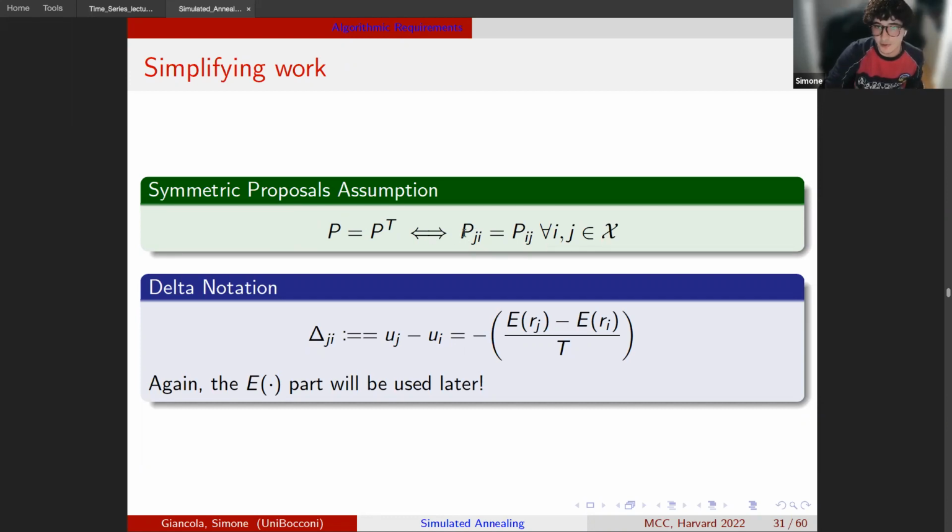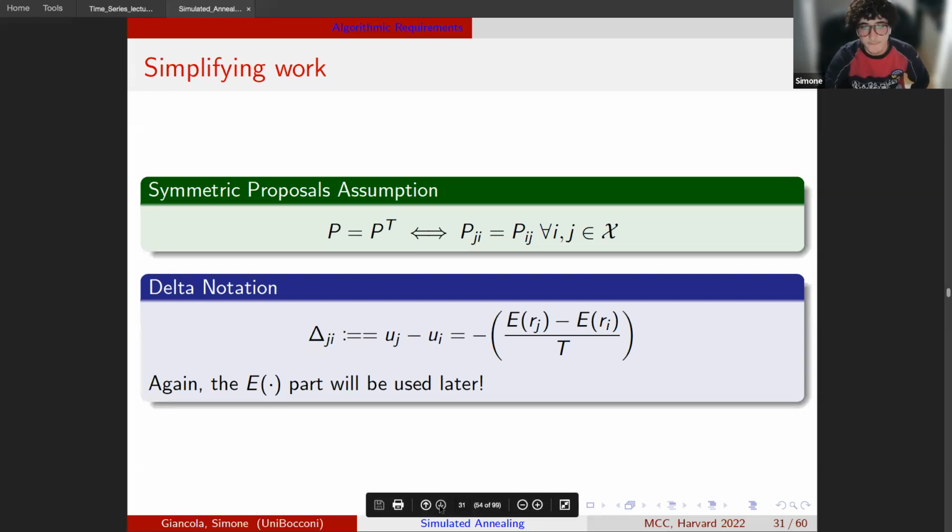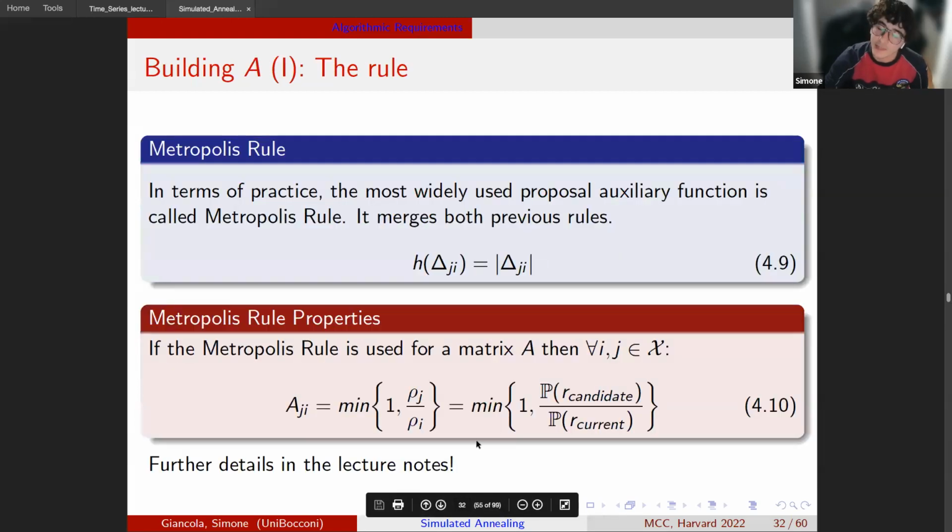If we assume that proposals are symmetric, and we just use this notation to denote the change in energy, where it's actually a change in a feature, and the minus change in energy, because if you remember, the Boltzmann distribution has a minus in the exponent. But we can just think of it in terms of changing this feature we have not yet defined. We can, upon additional procedures I'm not showing because it is indeed intended to be a short lecture, but you can see all the details in the lecture notes I will share,